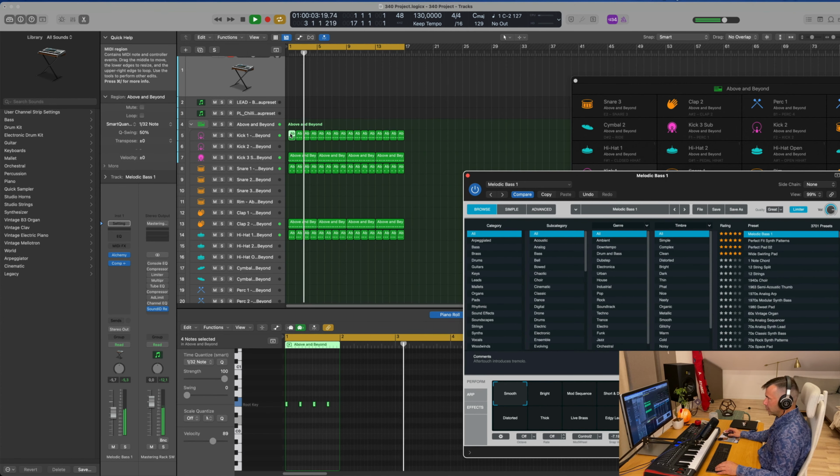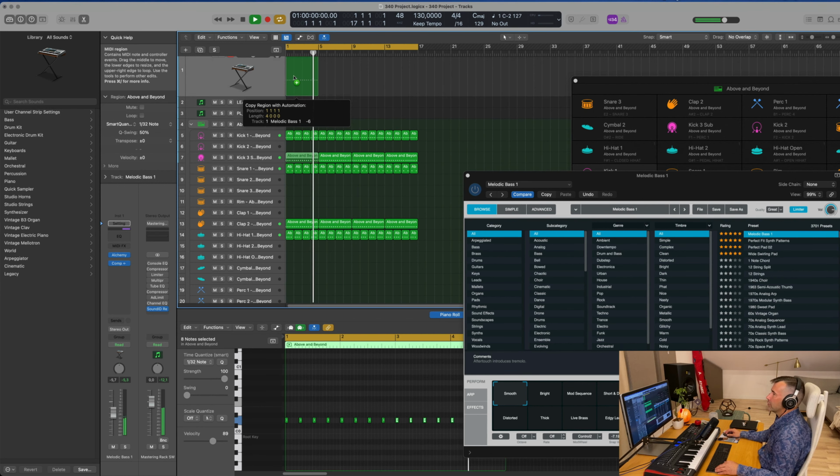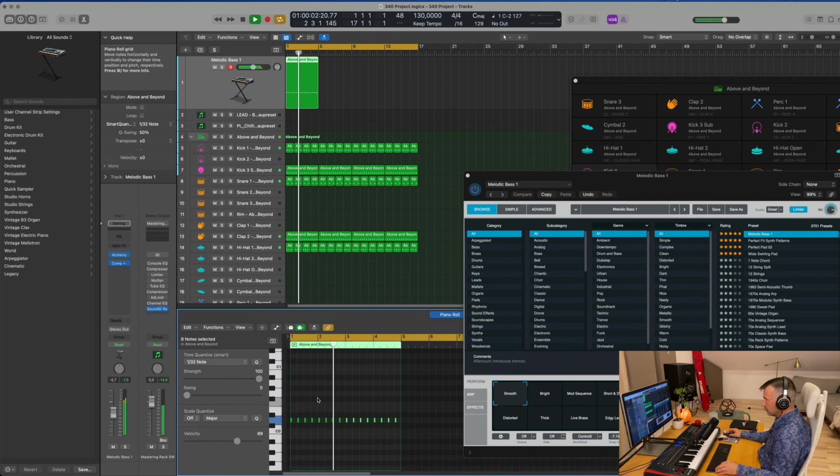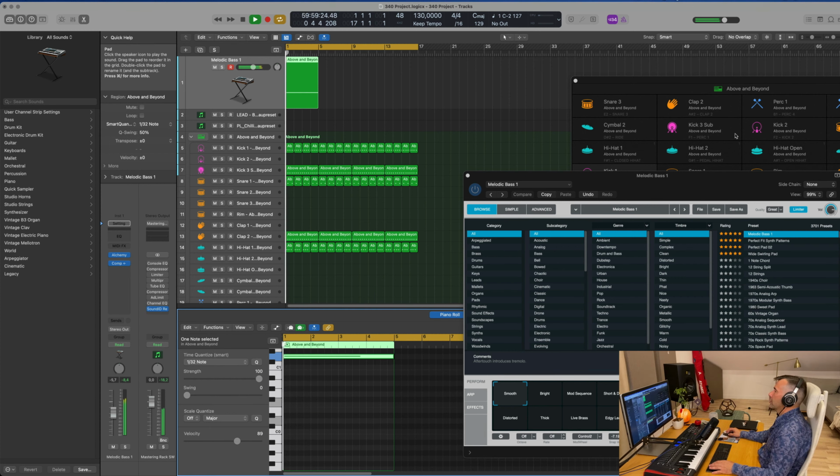I will make my life easier. I'm going to take the key of the sub and, because I want everything to be in tune, of course, make it into a part here. I think we're at